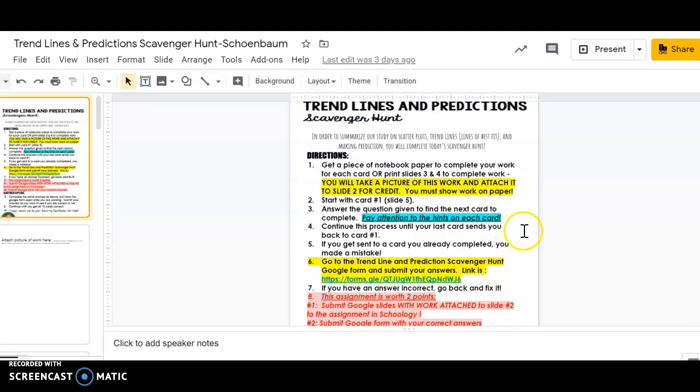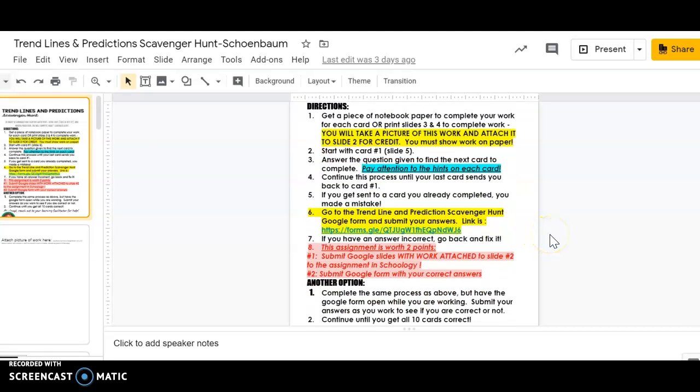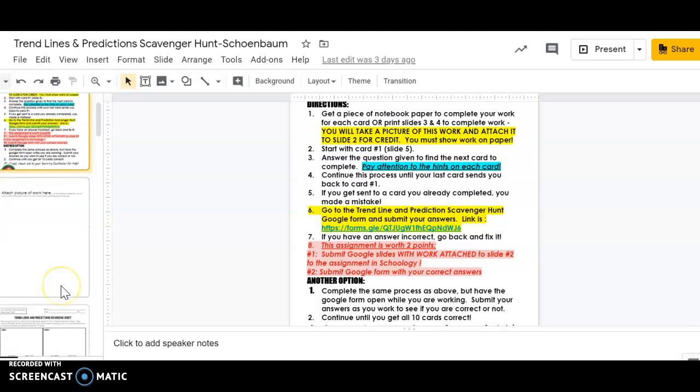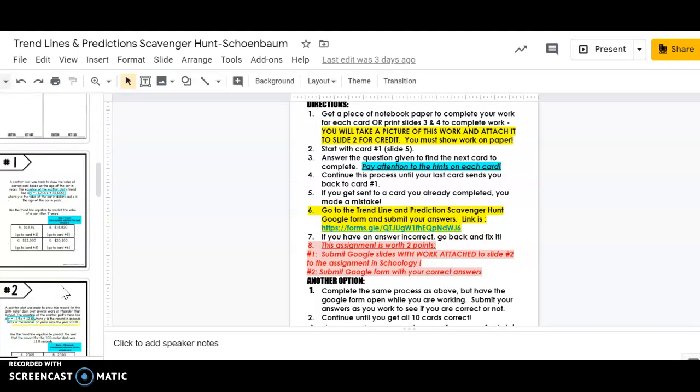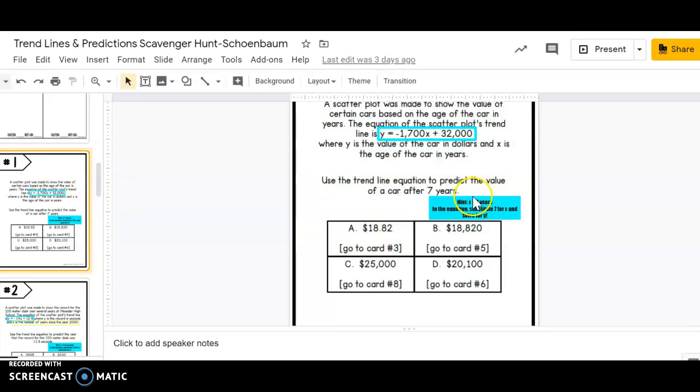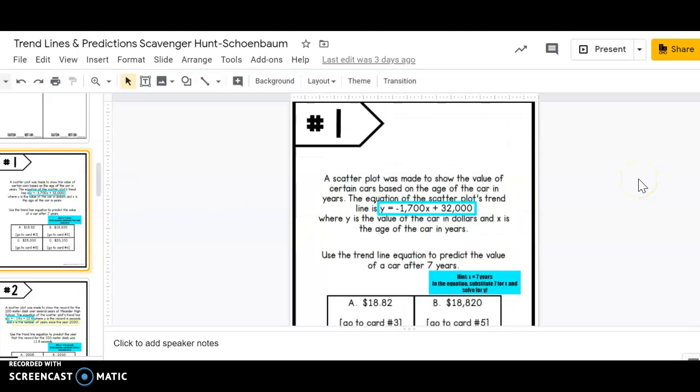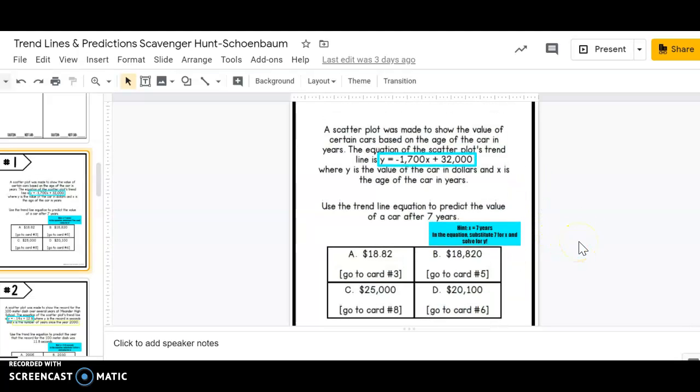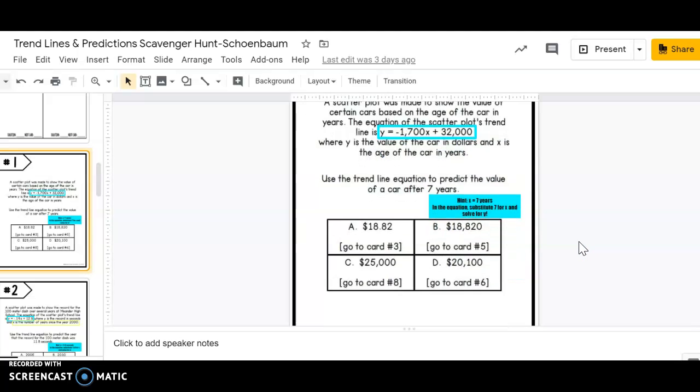All right. What you're going to do to solve this scavenger hunt is start with card number 1, which is slide 5. So I'm going to scroll down a little bit here, and here's card number 1. I want you to pay attention to all of the hints in blue on every slide. They really give you some huge hints on how to solve every problem to make it easier for yourself. So on each slide you're going to read the problem, read the hints, and solve it. And then let's say that the answer to this one was, and honestly I have no idea, let's say it was A. A says, if that's your answer, the next card you're going to go to is